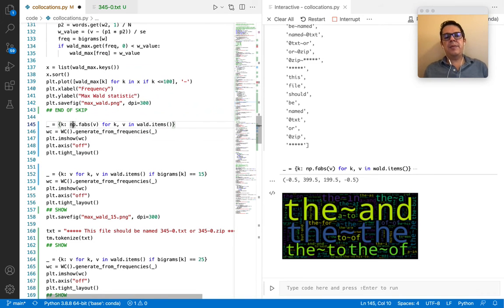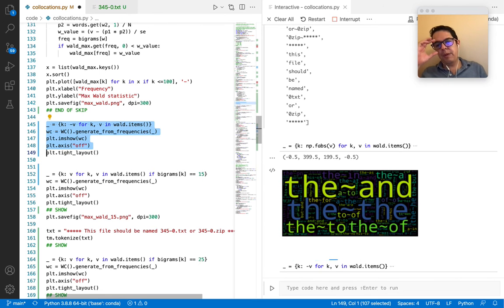Instead of doing the absolute value, I'm going to change the sign of the value, so that instead of seeing the bigrams with a positive Wald value, like in the first word cloud, we're going to see the bigrams that contain negative values, very negative values in fact. And if we plot this,